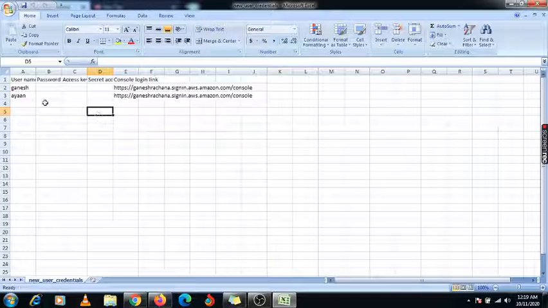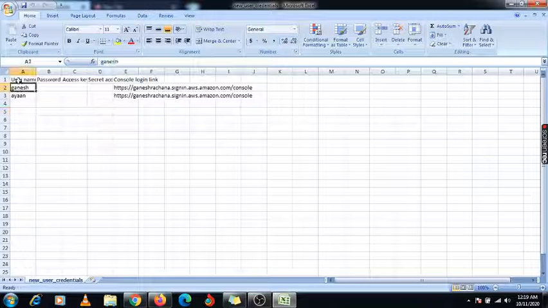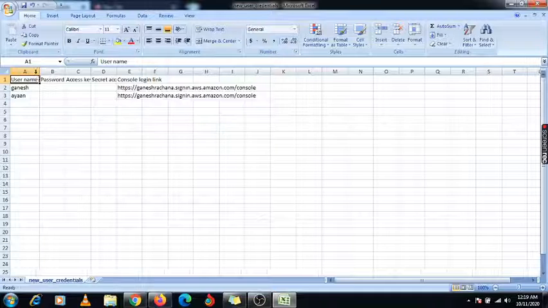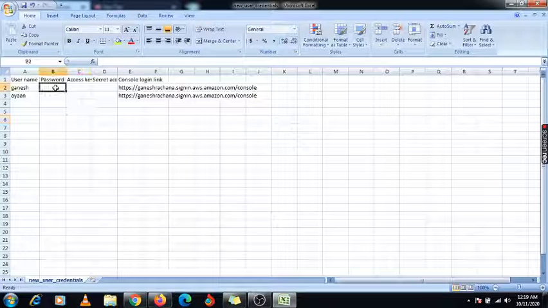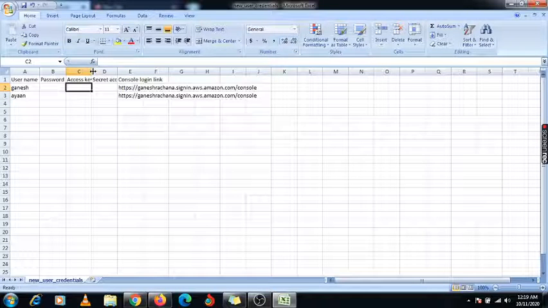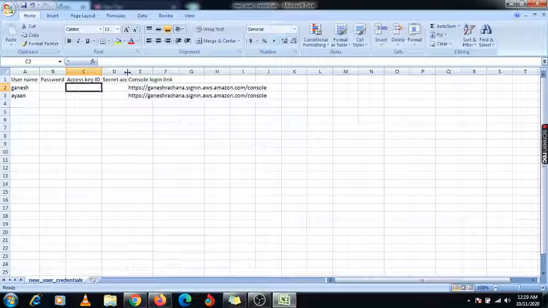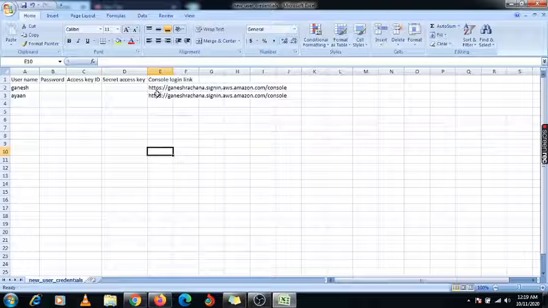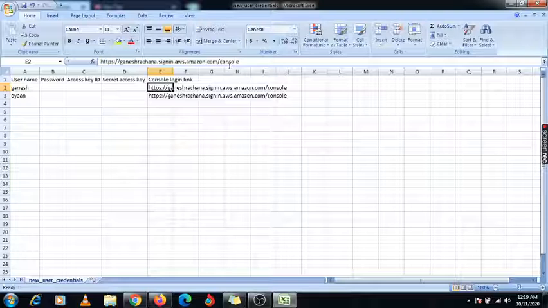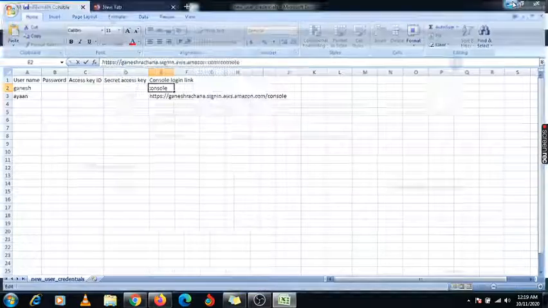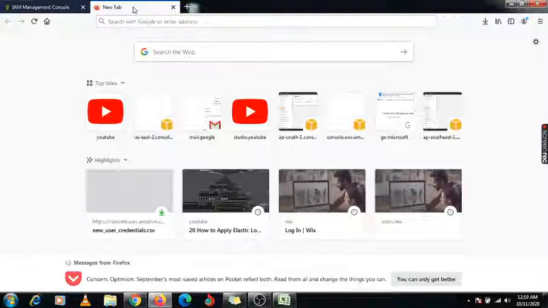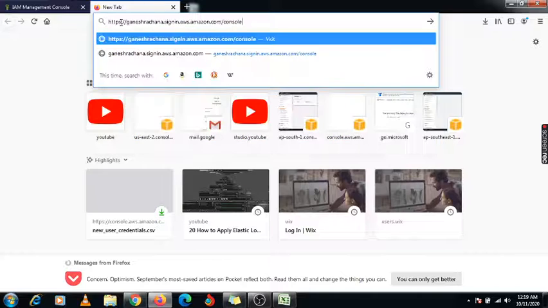Yeah, so here he will get this information. Here is the option of username. There are two users I have created. For password, nothing is showing now because we have set this customized password. There is the access key, but no access key is provided. Now this is the link where you can log in directly using that user. Just copy it and paste it. So I am opening another console and here you need to paste.